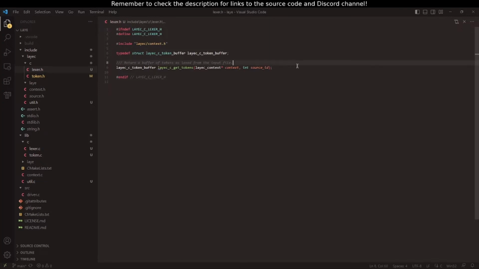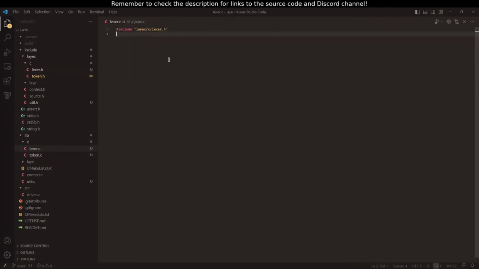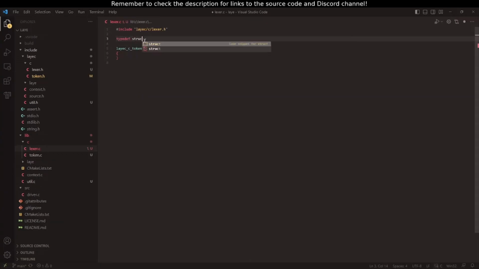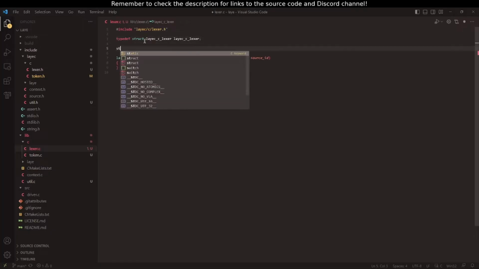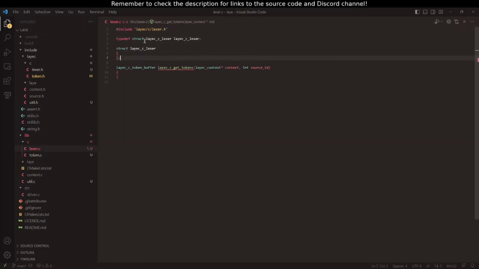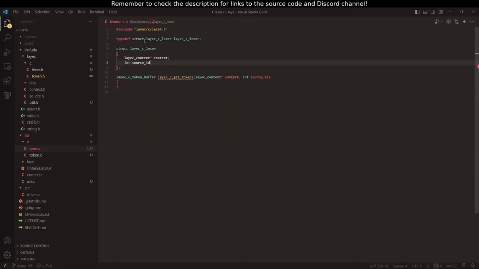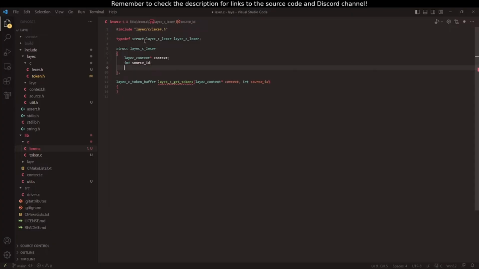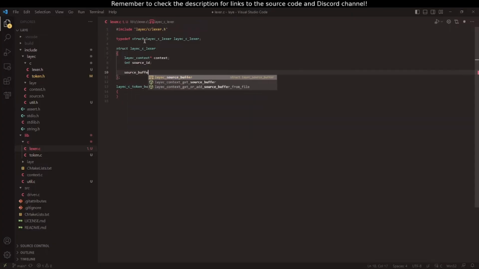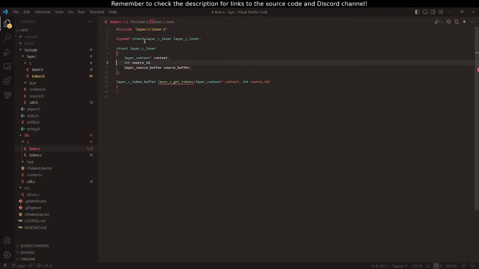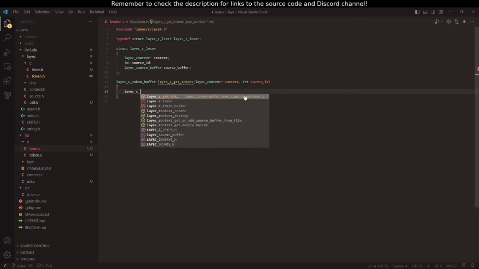So then that's what we want to go implement in lexer.c. None of that other stuff. We do still want this. We just don't need it in the header. So layec context, int source ID. Then we can go ahead and have a source buffer cached. We'll probably still want the source ID because we want to tag locations, but we may as well cache the source buffer. So layec lexer